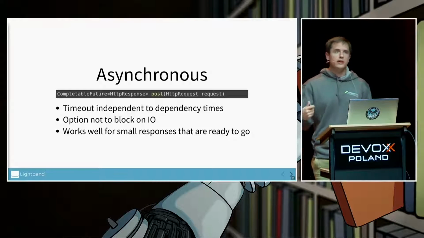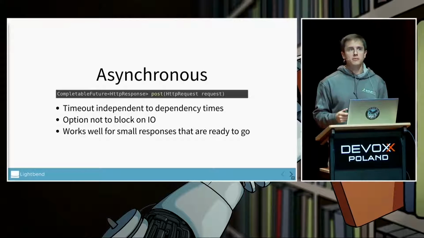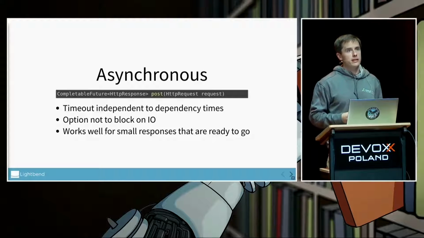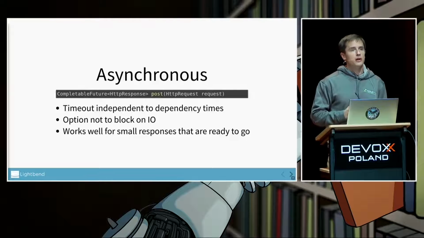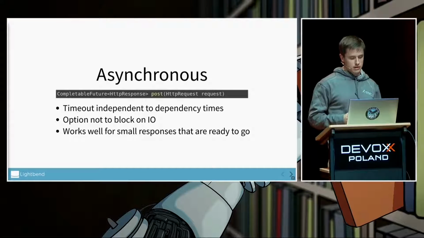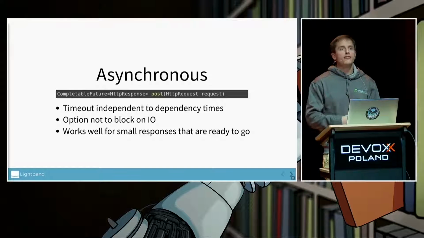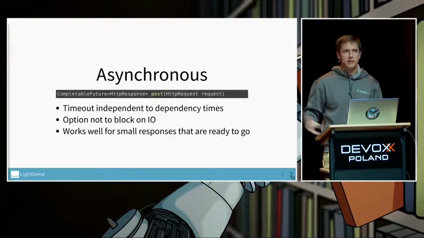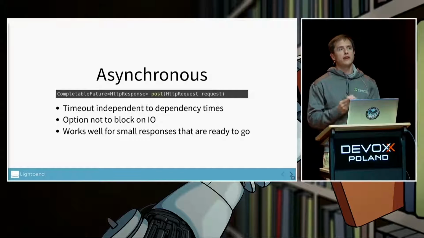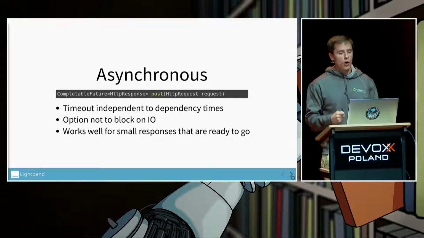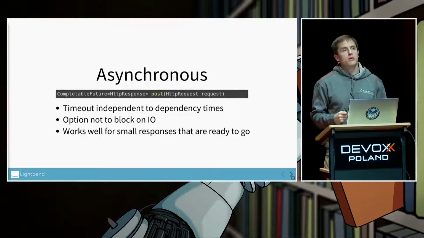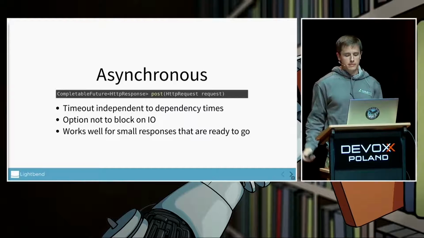Which means it's quite easy for a library like Akka HTTP to time out independently, just to give up waiting for your future. We don't need to worry about wrapping it in something like Hystrix. It also gives us the option, if all of our dependencies, like database clients and HTTP clients, are also asynchronous, never to block on I/O. Whereas with the previous execution model, we couldn't really have done it.